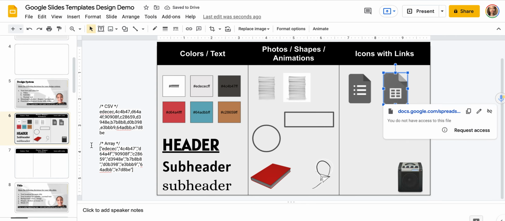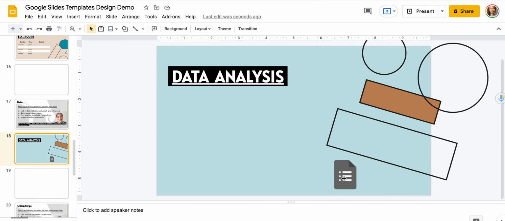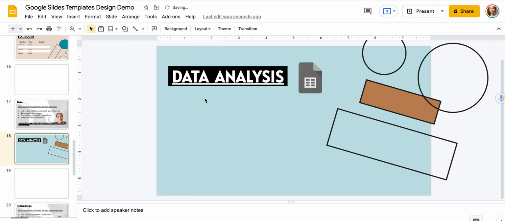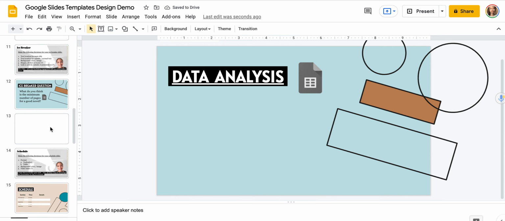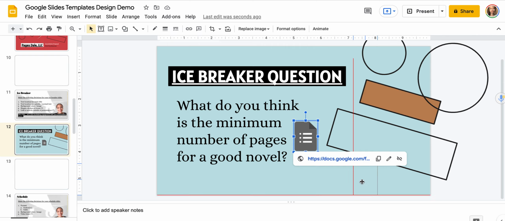So let's say that the data's here, the data analysis is here. And you can put it wherever you like. But we did put this one kind of there, which makes me feel that we should kind of have it in the same spot. So let's